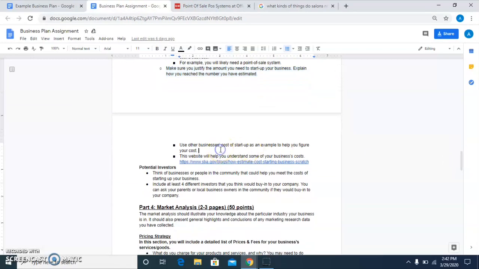Okay. Another thing you could do is use other businesses' startup costs as an example to help you figure out your costs. Again, you could just Google what's the average cost to start up a mechanic shop or things like that. If you go to the Small Business Administration,